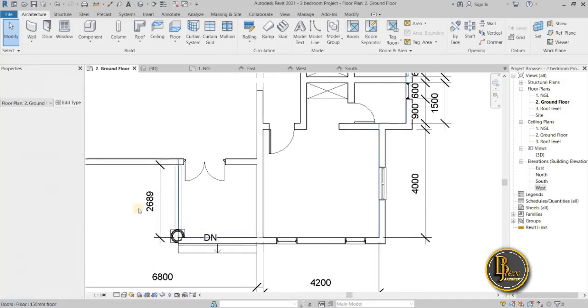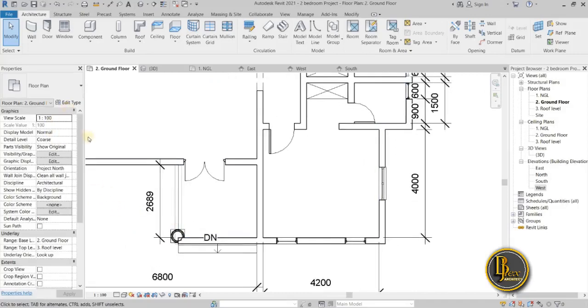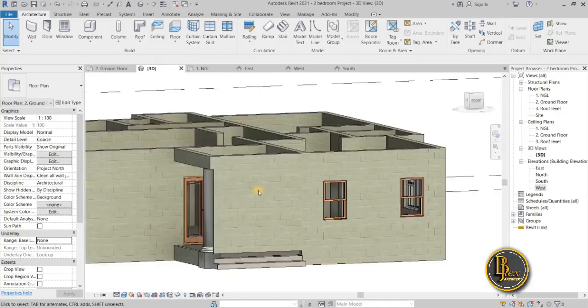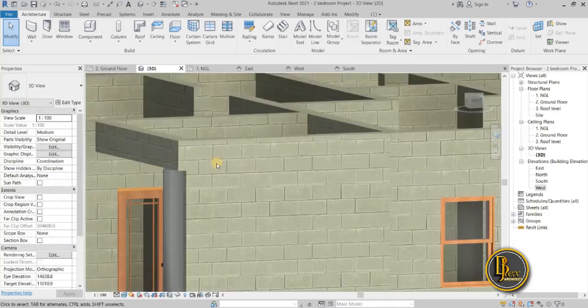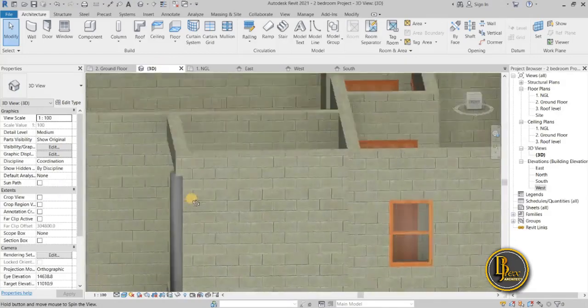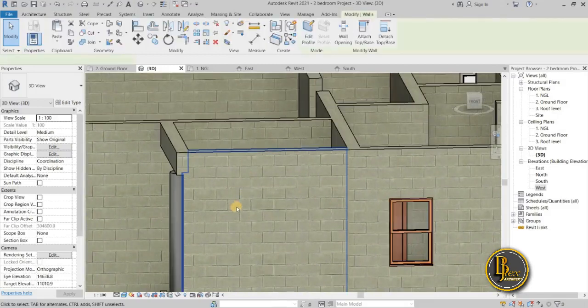So if you go to, let's change back what we did. The underlay, change it back to 1. Alright, the base range. Let's go back to our picture. Let's see it. So the wall is cleanly joined. The walls are cleanly joined. So what we'll be doing now is offsetting this particular wall. It's blocking the front entrance, but we don't want that to be, so we'll just be offsetting it to